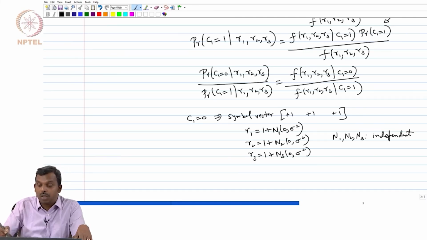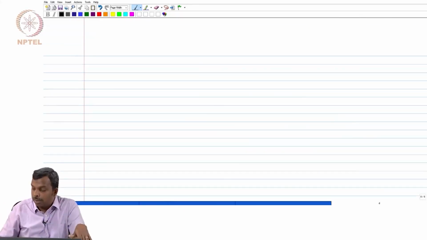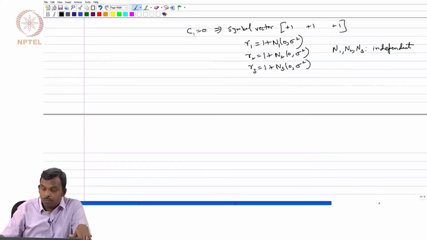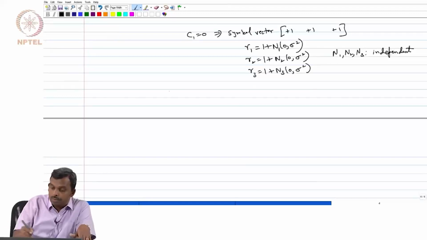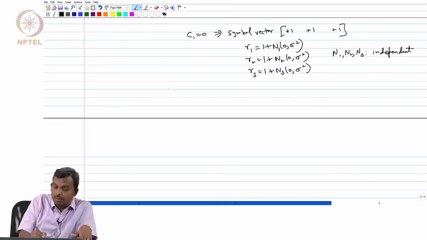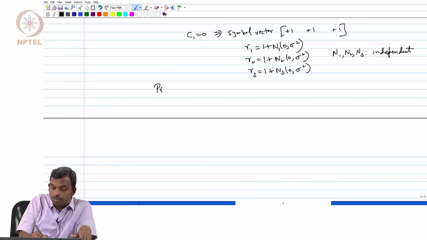So, conditional on C1 equals 0, these three values are independent. So, you can factor the things and multiply out and write down a product. Let me do that for you here. Okay. So, my probability of C1 equals 0 given R1, R2, R3 divided by probability of C1 equals 1 given R1, R2, R3